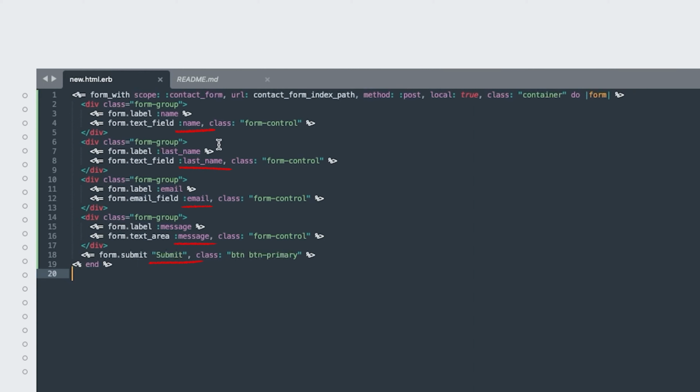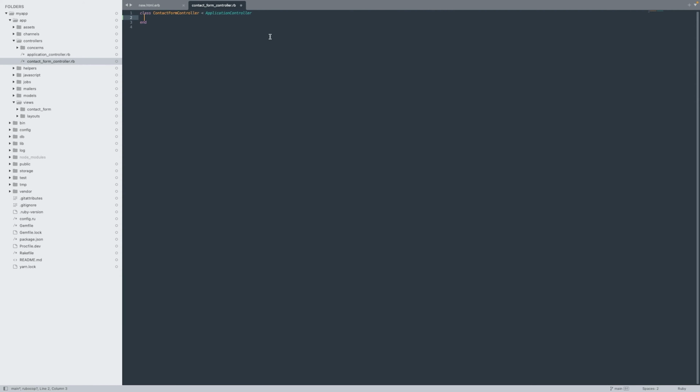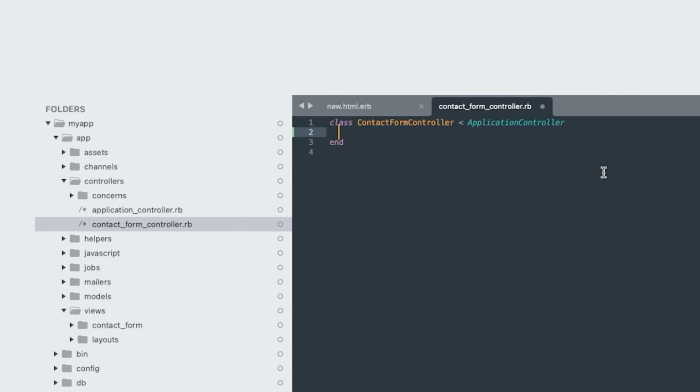The same logic applies if you need a more advanced form with multiple text fields, select boxes, and checkboxes. Now within the controller, we'll define a new create method. This is done to access the form data using the params hash and perform necessary actions, such as saving the